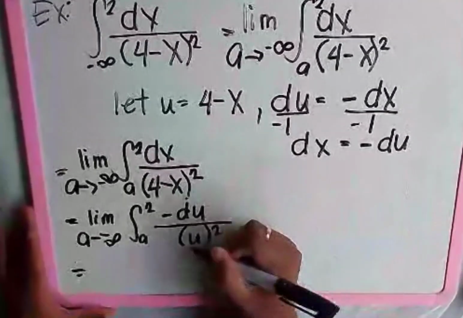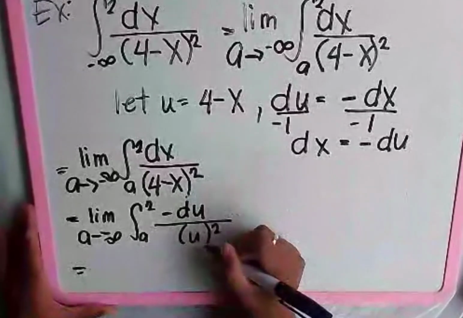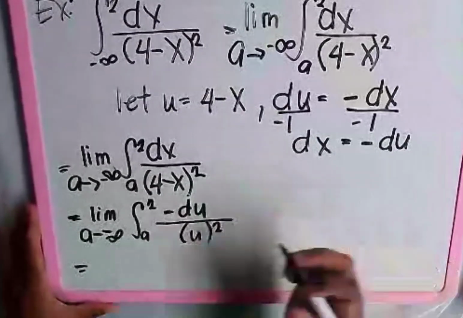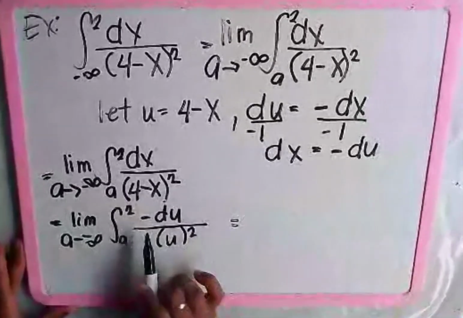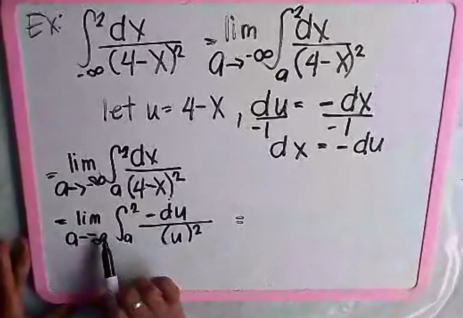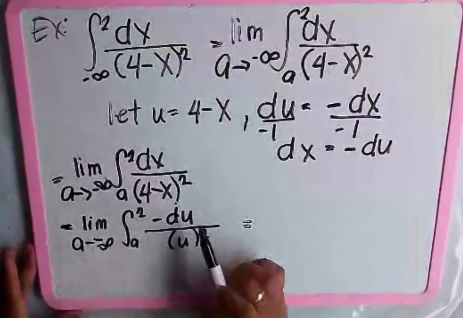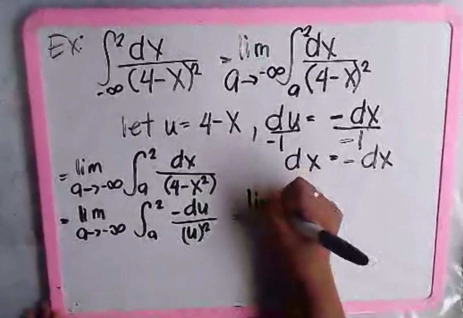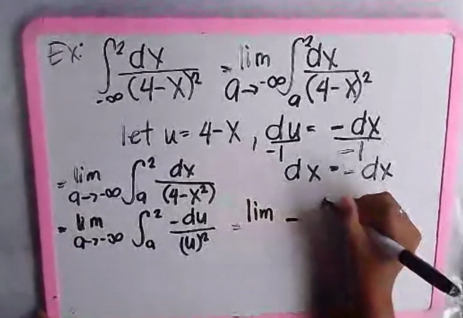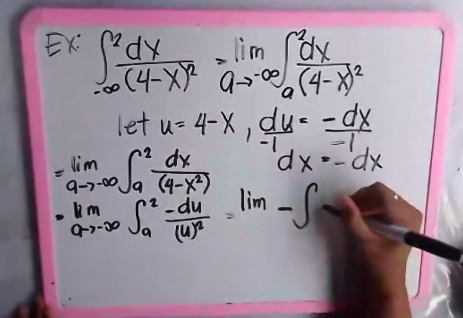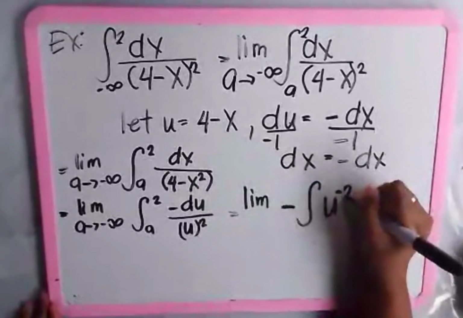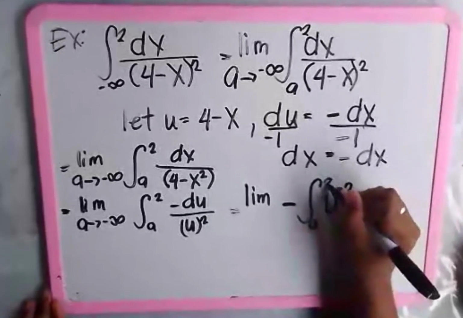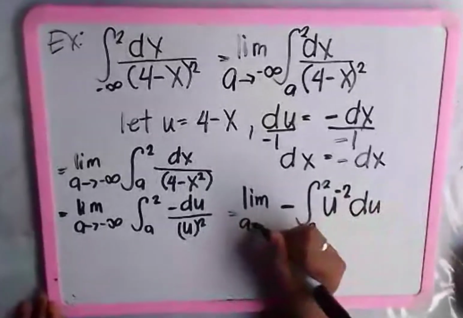But first, we need to reciprocate this to make u our numerator. We put the negative sign outside of the integration and reciprocate the given function. The limit of the negative of the integral of u raised to negative 2 du from a to 2 as a approaches